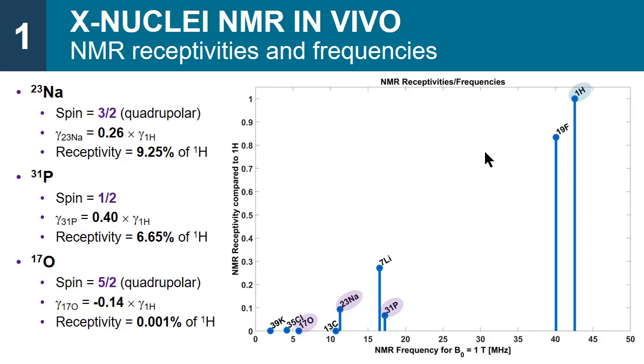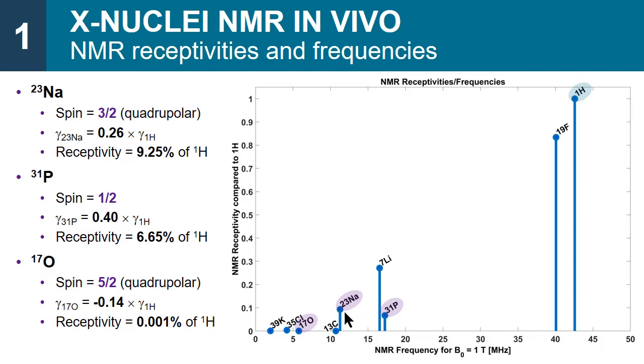And this is just a diagram of the receptivity, so just based on the magnetic properties of the spins, on their gyromagnetic ratio. You can calculate what kind of signal you're going to detect compared to proton if you have the same amount of nuclei in the sample. On the x-axis, you have the frequency for a 1 Tesla magnet, and on the y-axis is the signal relative to proton. So proton is going to be 1, and you see sodium's frequency is going to be 4 times lower, and only 10% of the protons.